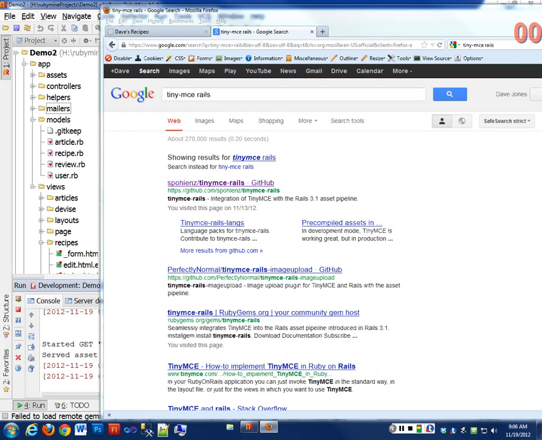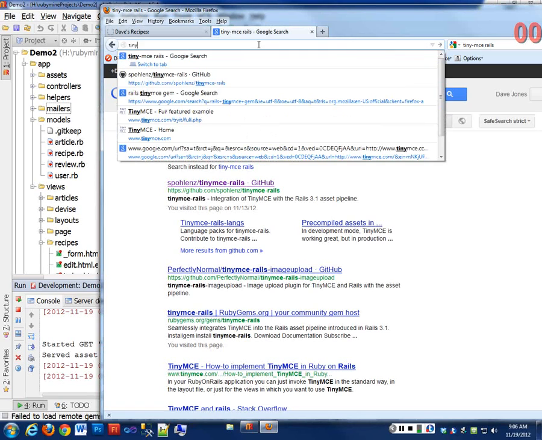Okay, so today we're going to talk about how to use a Wysiwyg editor in our Rails project. Wysiwyg is a short name for "what you see is what you get." Those are the initials of that phrase. Wysiwyg has been around for a long time. Wysiwyg editors, let's just go and look at TinyMCE, which is one